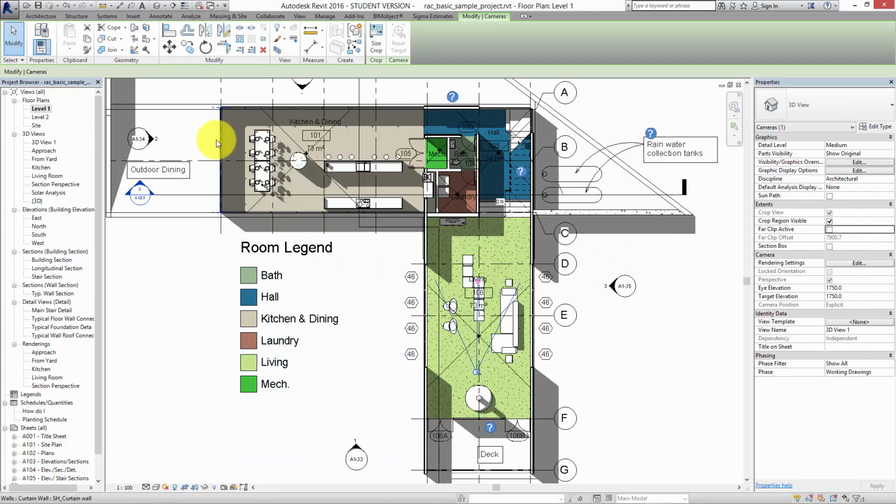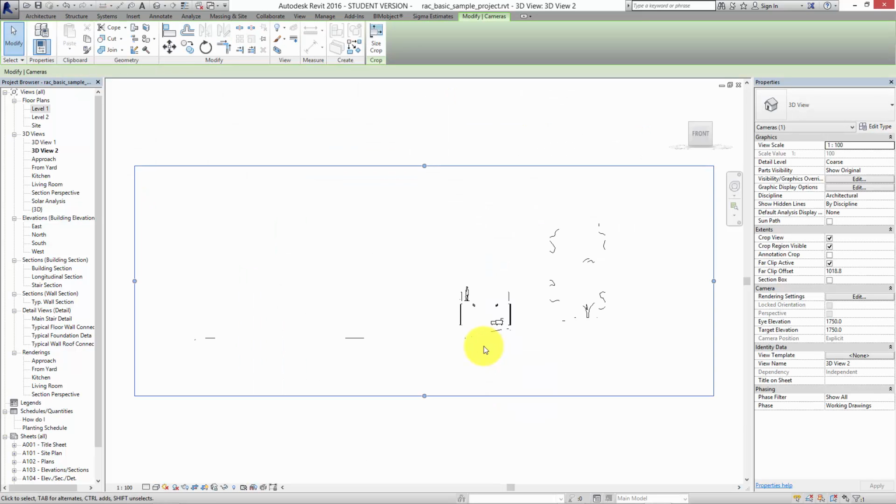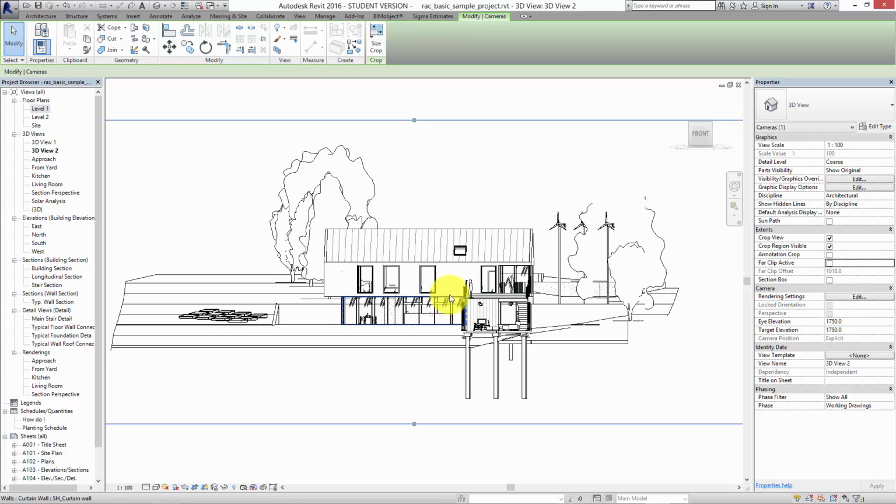But if I go back into the plan here and set up a camera, and I switch off the perspective view like this, just take it off, and I just place it in the house like that, we get this kind of sectional view. Again, I'm going to have to switch off the far clip because it's clipping out all the stuff in the background. So I switch that off. We're getting a kind of sectional view, but it's actually a three-dimensional view. It's not a section view like you would get if you cut a section through the building. It's a three-dimensional view